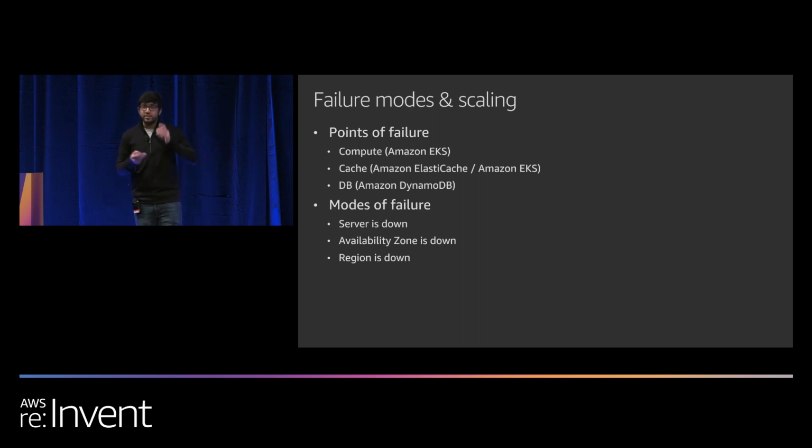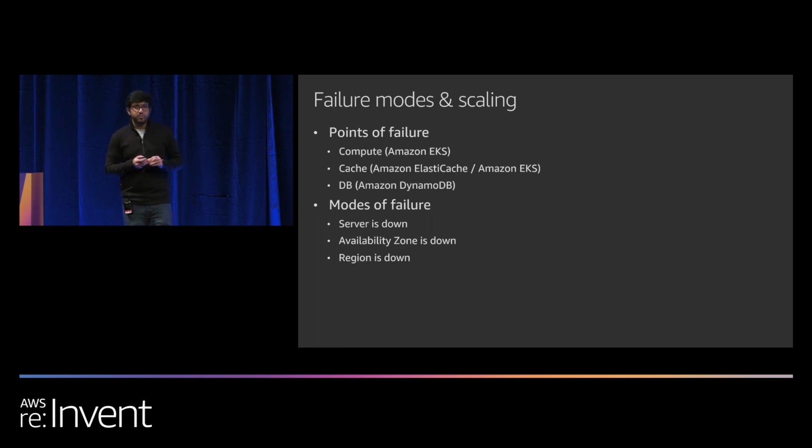If DynamoDB itself in our primary region is having issues, currently we consider that as a catastrophic failure. But one way to mitigate that would be to use DynamoDB global tables to have a replica in another region, and that replica could be used to handle both reads and writes. So that would be one way to avoid this scenario. But currently, if our primary region DynamoDB is having issues, then we just consider that as a catastrophic failure.